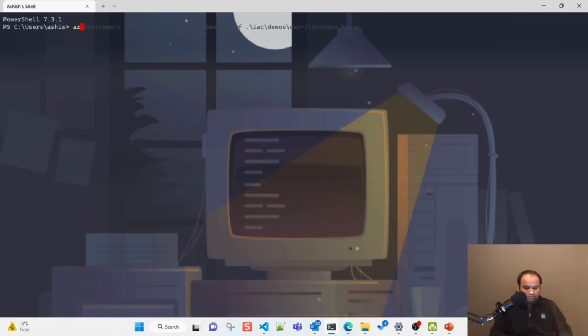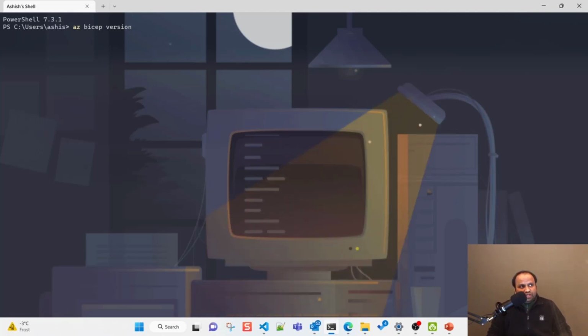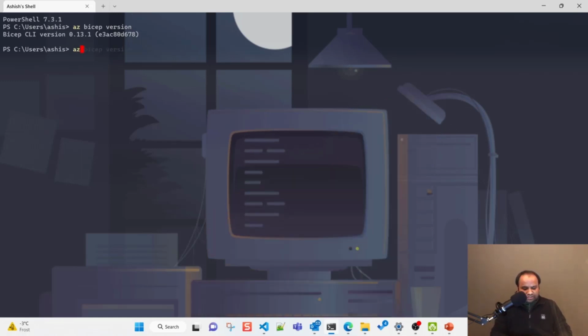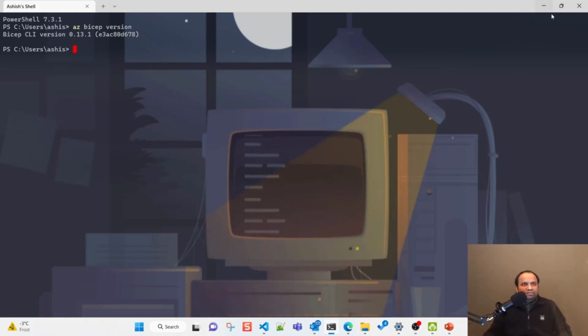So if you do this, then it detects the Bicep extension available to you and probably will tell you what version you have and whether there is any version upgrade available. If a version upgrade is available, then the next command to upgrade the Bicep version is this. Right now there is no version upgrade available, so possibly you don't need it, but